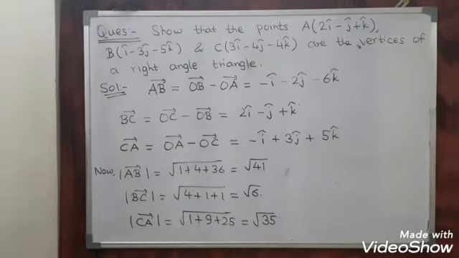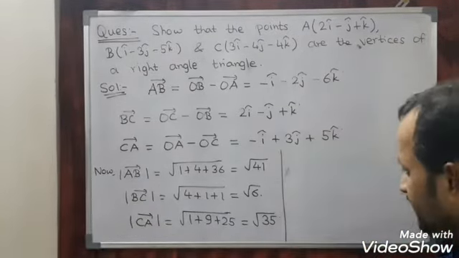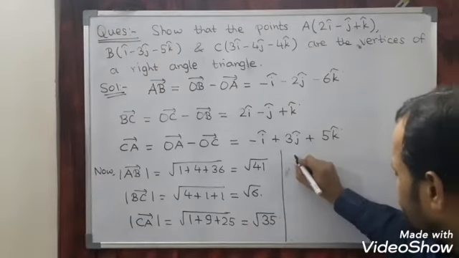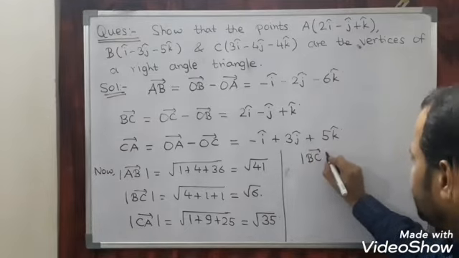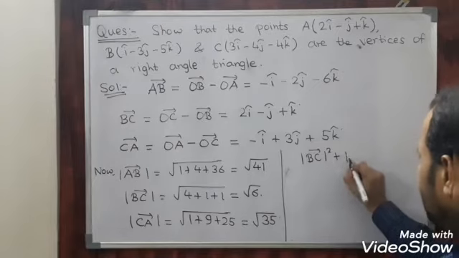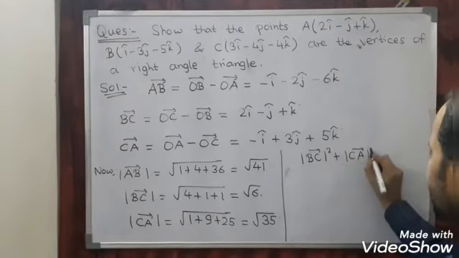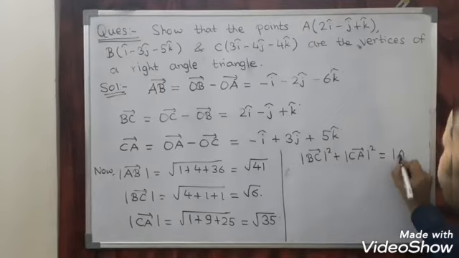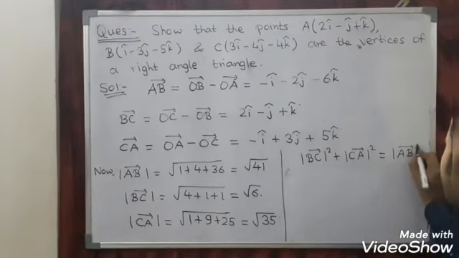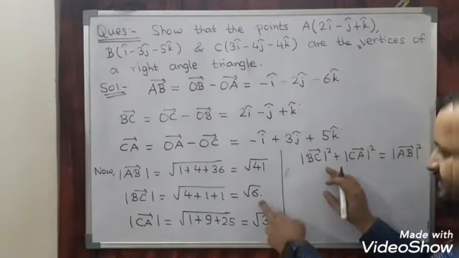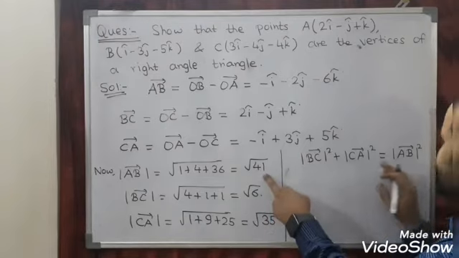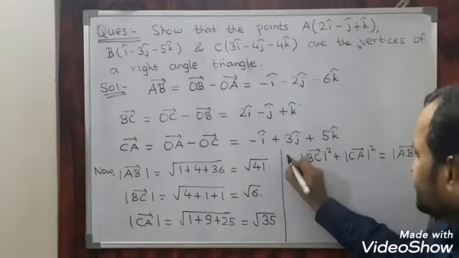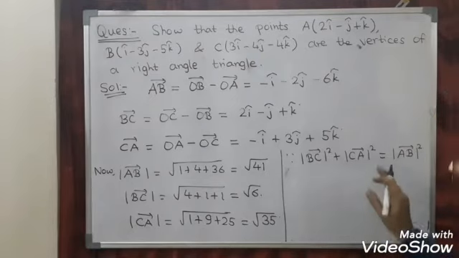Right? So we found their magnitudes. If you see carefully, can I say that magnitude of BC square plus magnitude of CA square is equal to magnitude of AB square? Can we see or not? BC square is 6, CA square is 35, so 6 plus 35 is equal to 41. So since magnitude of BC square plus magnitude of CA square is equal to magnitude of AB square,